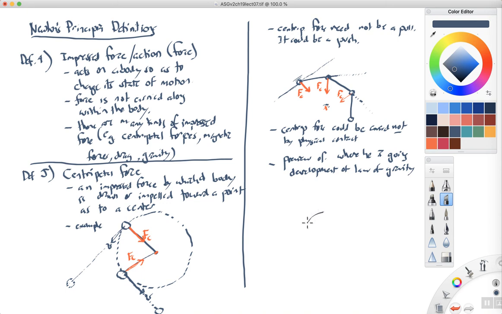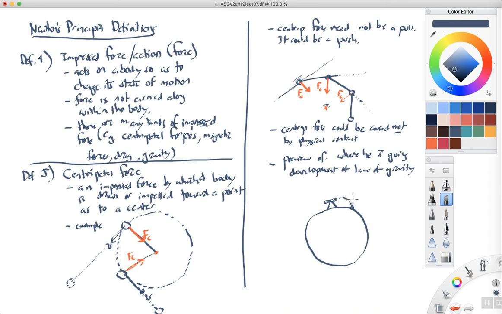Let's suppose he considers the case where you have the Earth. So I'm going to draw a circle representing the Earth. And he says, what if you have a tall mountain? I know this is a bit of an exaggeration here, but what if you have a tall mountain and you have a cannon on top of this mountain? And you shoot a cannonball out of this cannon. And as we all know from studying Galileo, when you shoot this cannonball, it will follow a parabolic trajectory and it will land on the surface of the Earth.